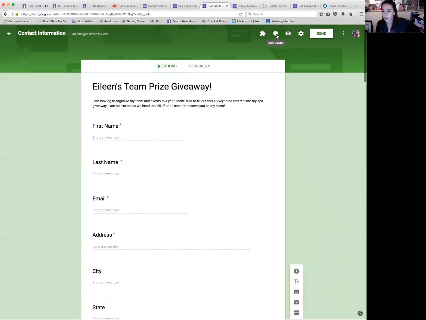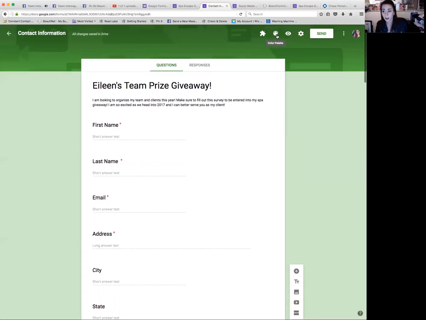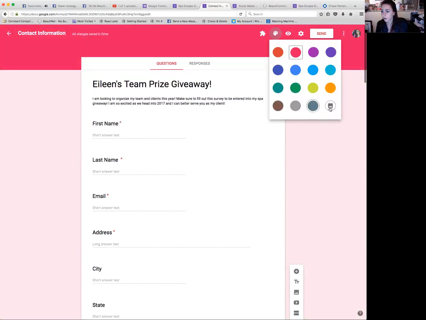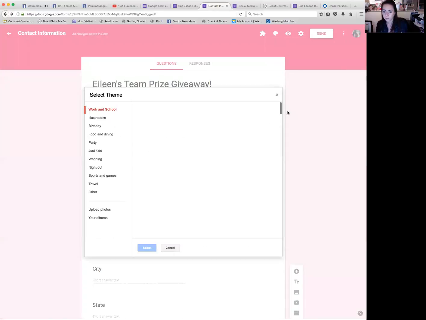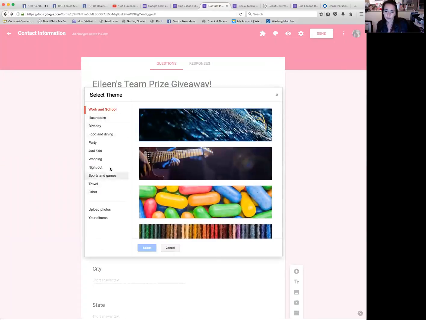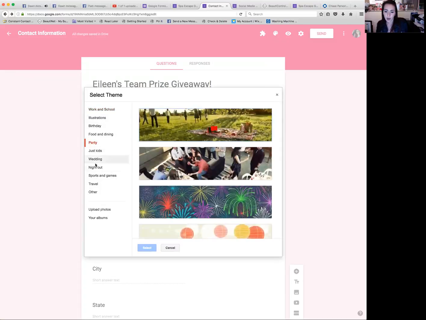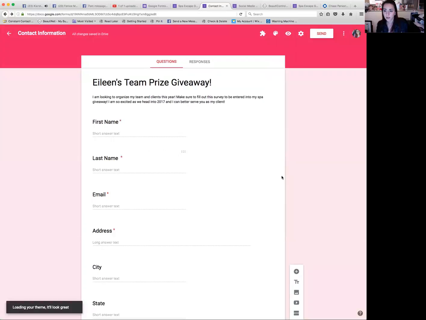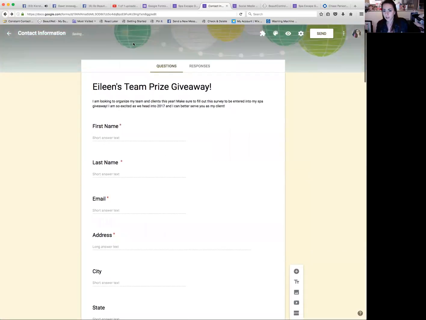All right, so up here is the color palette. Now this is how you're going to personalize. There are some really fun colors here that you can use to change up your form. But if you see this little button here, you can click that, and there are some really fun ways to personalize your form. So there's party, which I really like, and you can also add your own image. I really like this one a lot because it looks like beauty control colors. And it actually lights up. So it's just kind of fun and cute.